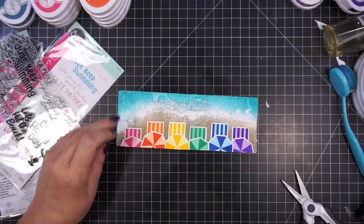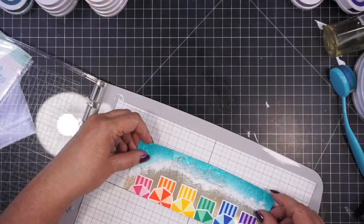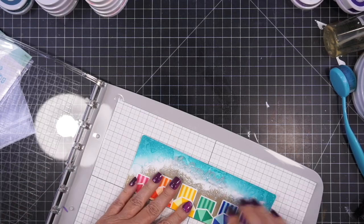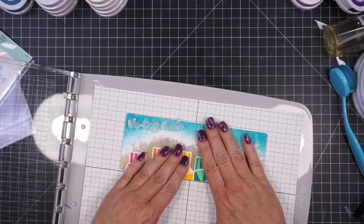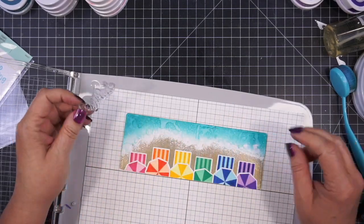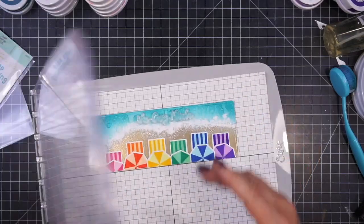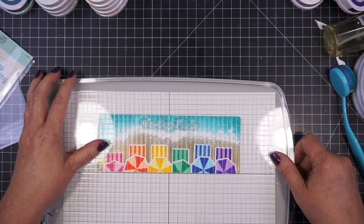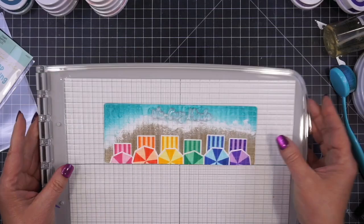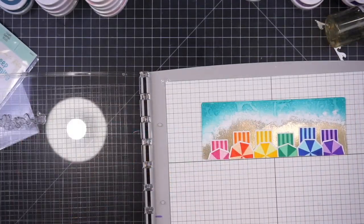Then I figured out my sentiment, and here's another trick I have for you. I wanted to be 100% sure that I wanted to stamp it in a blue ink. And so a little trick that I have is that I take one of the cellophane wrappers from a stamp set and I lay that over my panel,